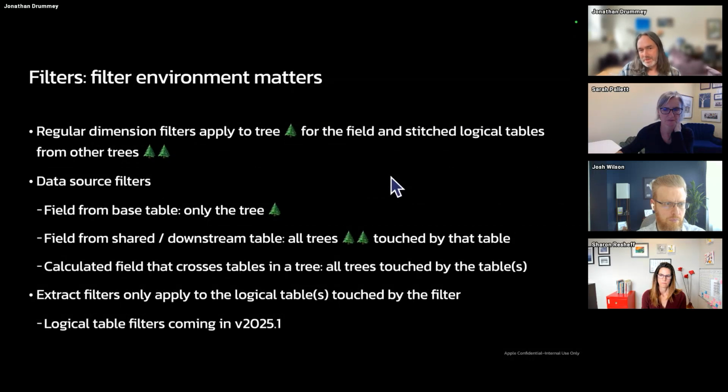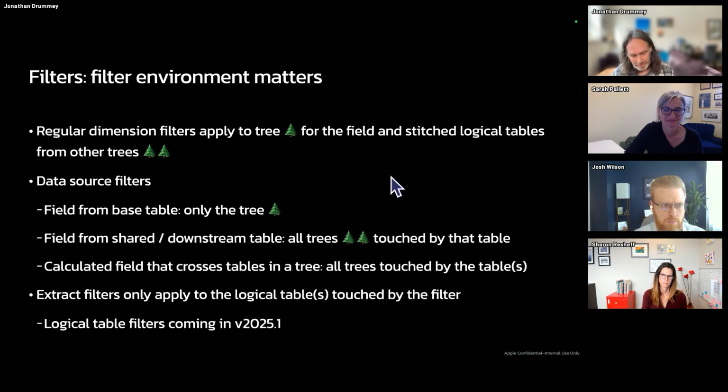And then there's a new feature coming in 2025.1 to just filter individual logical tables. And this was actually something I'd requested on day one with relationships. So I'm really excited about the possibilities with this. And just to give an example of that,